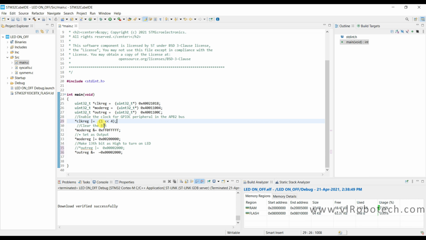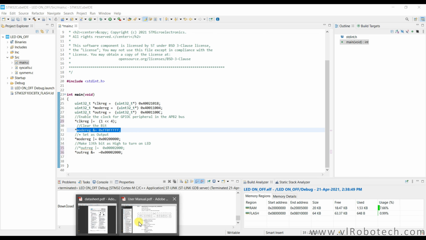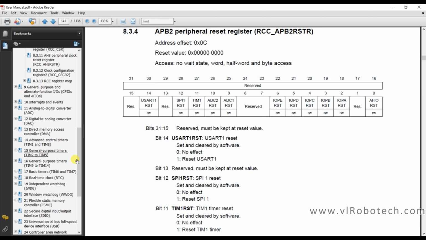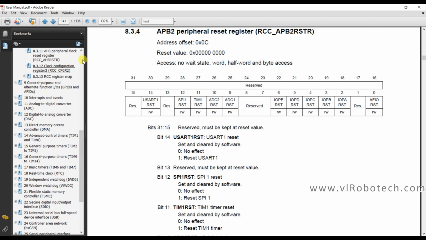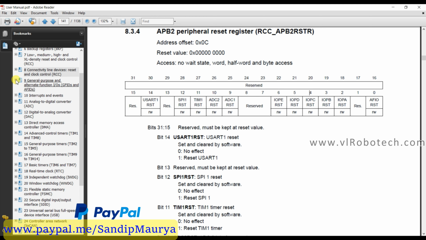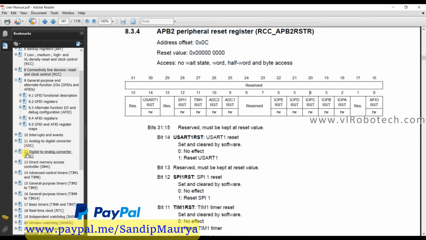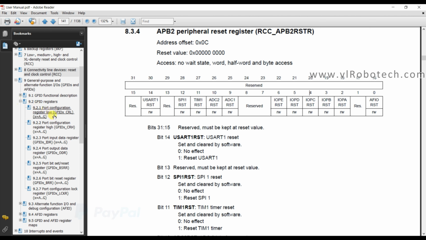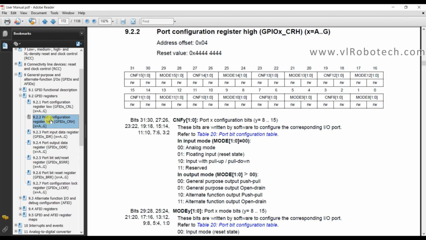Okay, now we have to clear the bit of mode register. So again go to user manual, go to IO, and here GPIO registers. Okay, this is the port configuration register. We have to reset for 13 number pin.